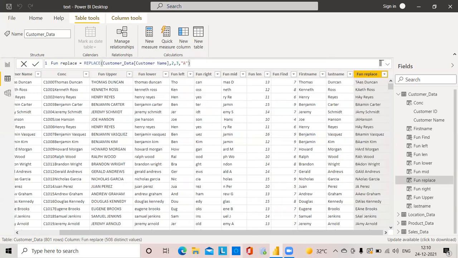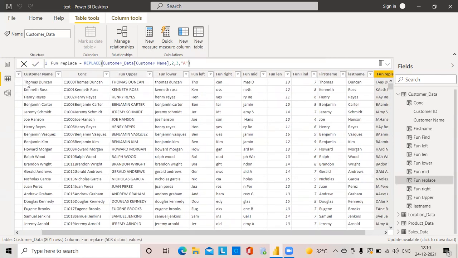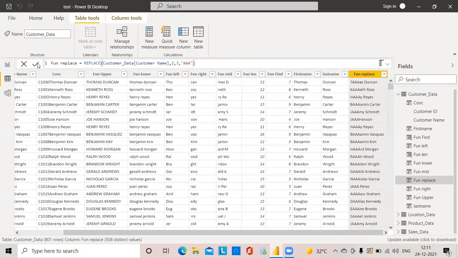You can see that here, from second position, I have given the start position as second position, that is TA. After T, it is coming this A, it is replaced with A on the second position. If I am giving A, again A, 3 times, we will see. You can see the 3 times it has been replaced with A. The customer name from second position is replaced 3 times with A. That is the replace function.